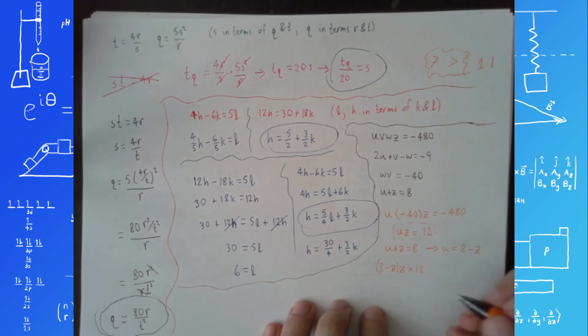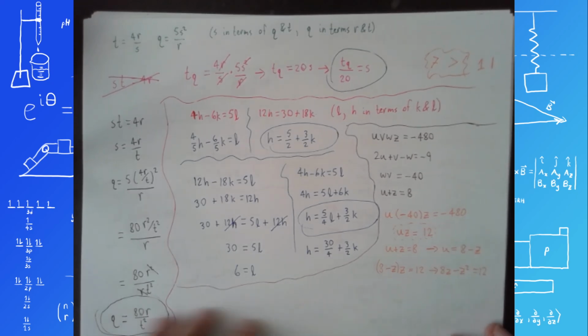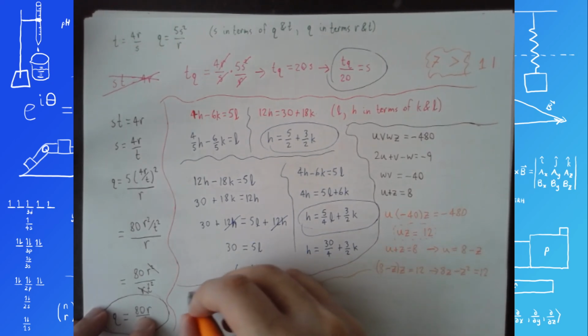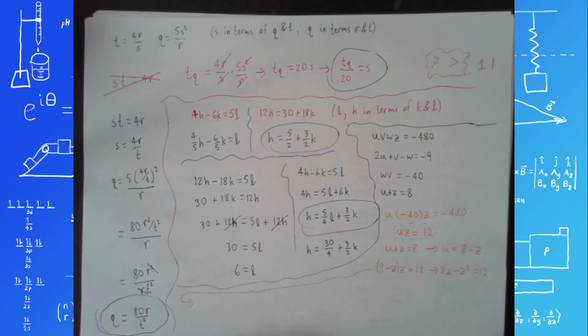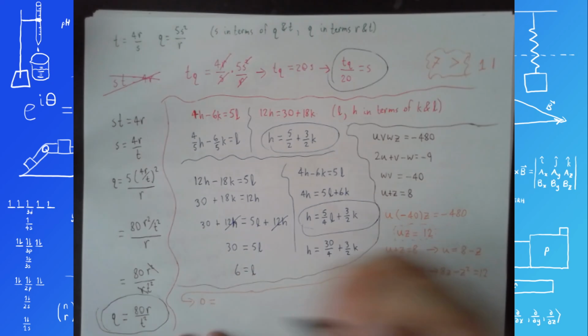If I distribute, I get 8z minus z squared equals 12. I'm going to move everything to the right-hand side. So let me continue that over here. So I get 0 equals,